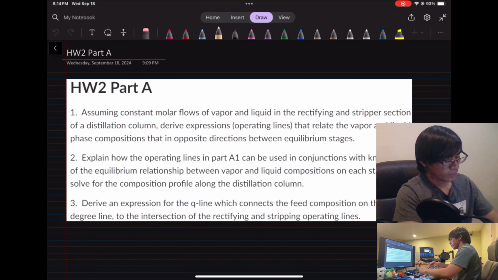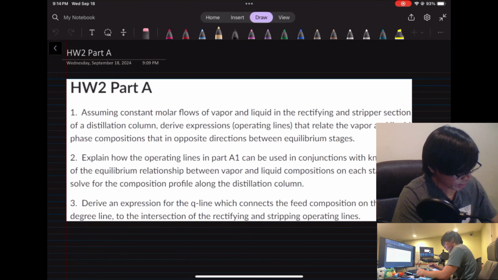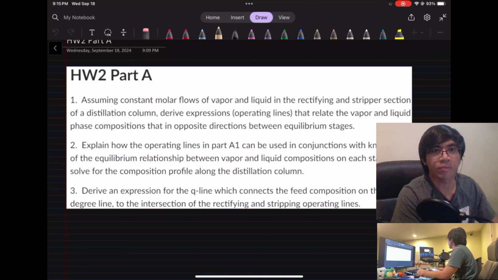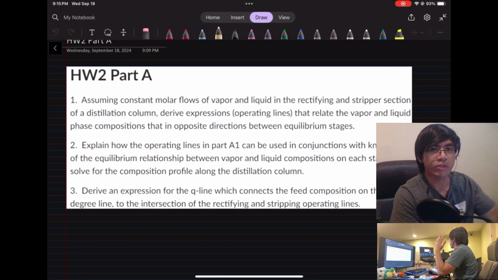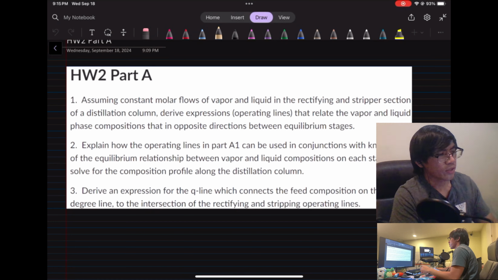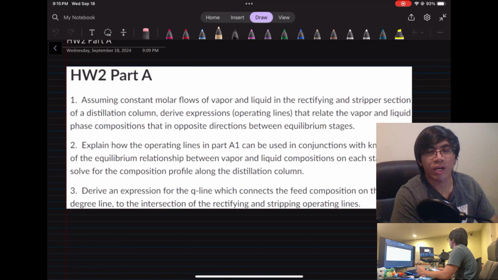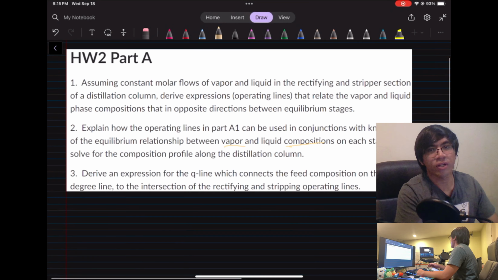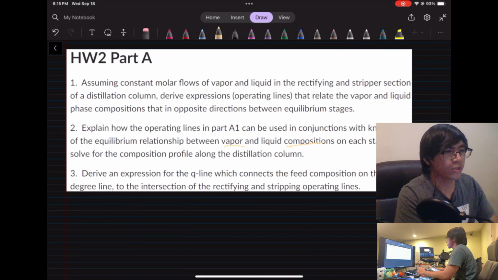All right, what do we have here? We have a distillation column. We're going to be solving for some molar flow rates using an operating line in the rectifying and in the stripping section. Then using those operating lines, we can find our vapor liquid compositions here in the second part. And then we'll be finding our Q line, which relates to the McCabe-Thiele diagram where we